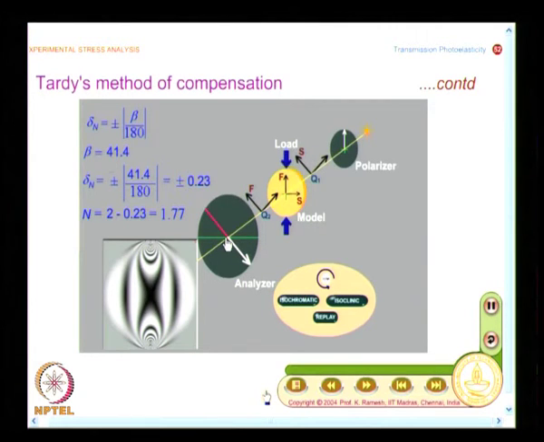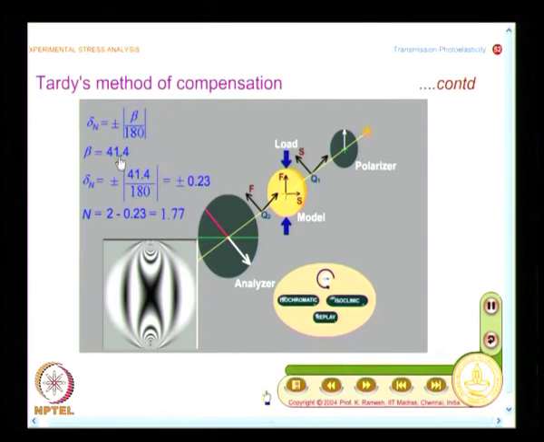I could do this because my horizontal axis itself is a reference. See, at some other point in the disk you may find some other angle will be the reference. So, you must start from that reference, you should not always start from 0. The isoclinic angle at the point of interest forms a reference, because in this case the center horizontal and vertical coincide, I measure from horizontal. So, there is the possibility that you may misinterpret and find the angle from horizontal. It is not so, find the angle from the reference axis at the point of interest. So, I have beta equal to 41.4.